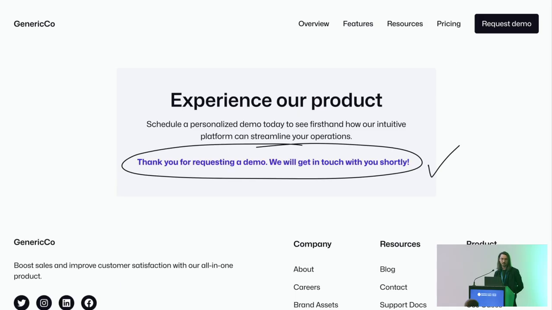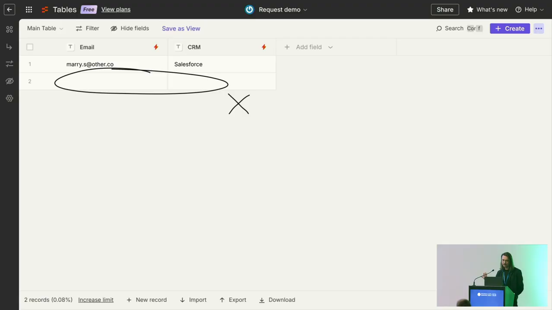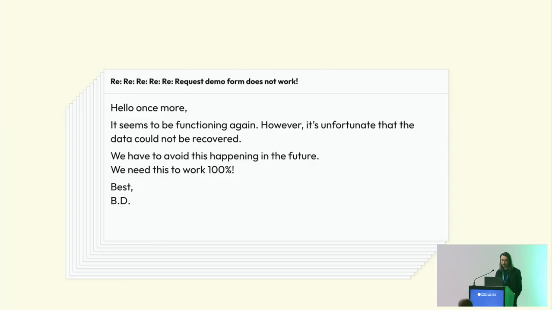Then we have to validate our expectations. So in this case, let's say we were expecting to get a thank you message, and we did. But then we were expecting data to appear in some kind of third party, and we do not see that. So clearly something is wrong. So after fixing this, ideally we should ensure this never happens again. And this is practically where end-to-end testing, or just testing, comes into play.